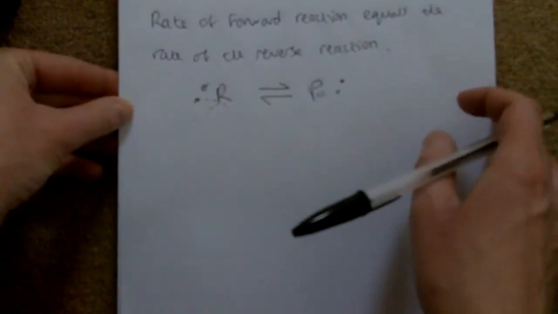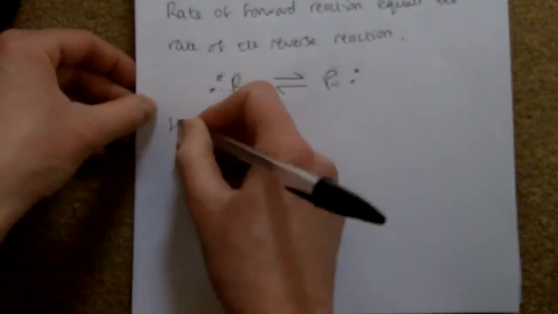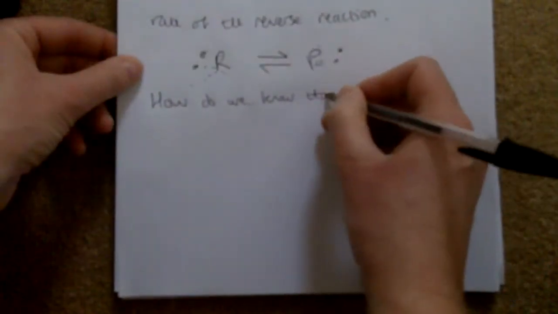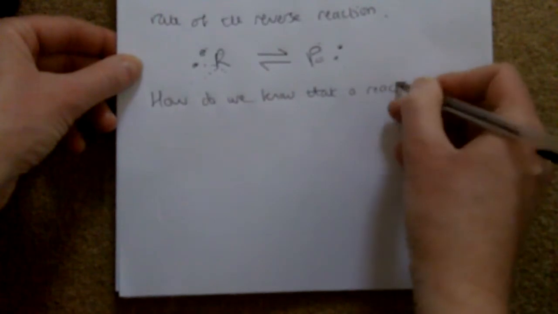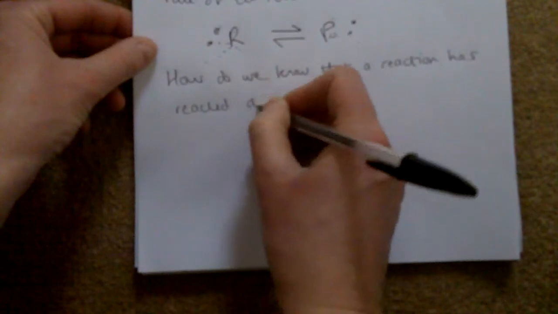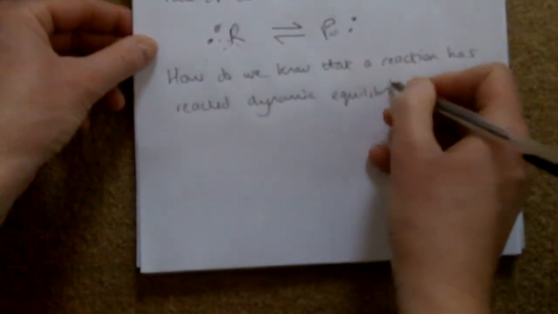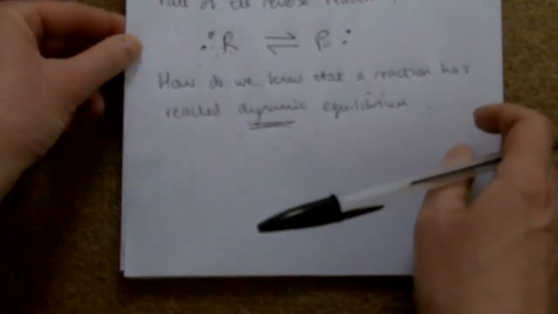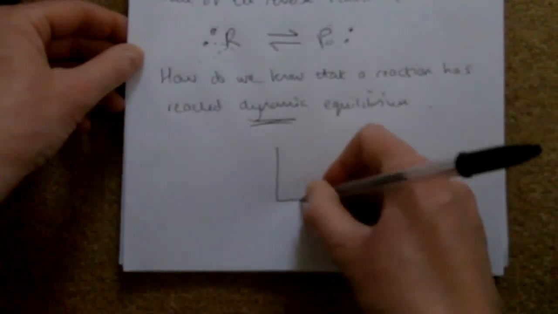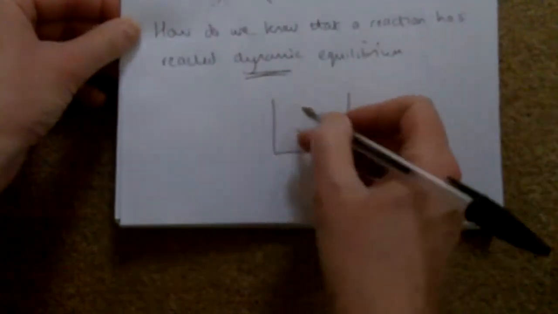So how do we know when a reaction is in dynamic equilibrium? How do we know that a reaction has reached dynamic equilibrium? Now, quite often we just drop the word dynamic. Okay, we just tend to drop that word and we just call it equilibrium. Okay, so if we take a container, and we put in some reactants into the container,